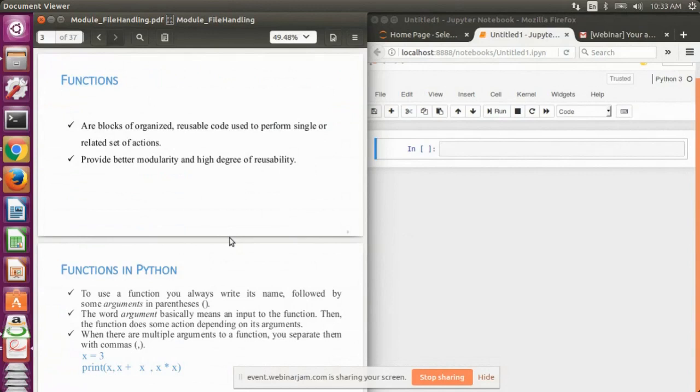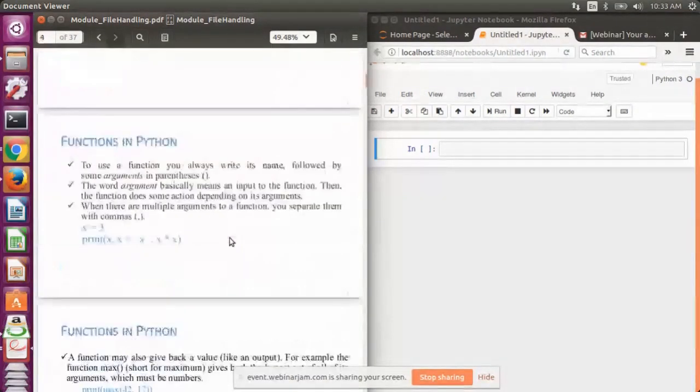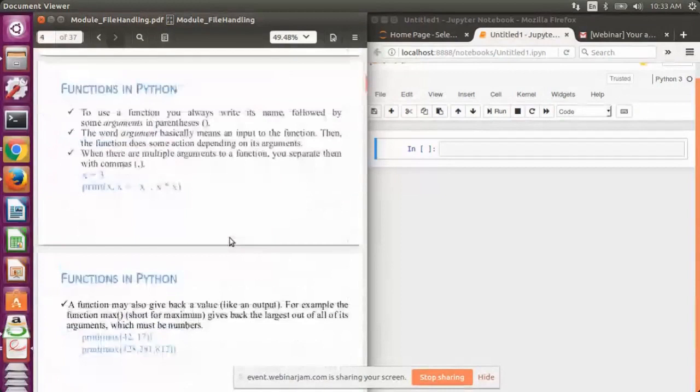As far as coding concepts, or the OOPS concept, are concerned, it supports modularity and reusability. Fine.